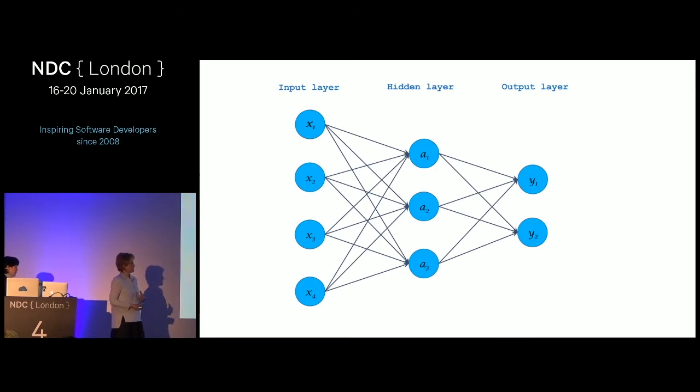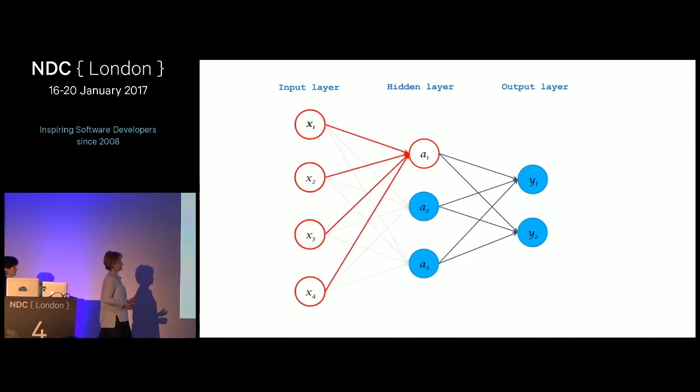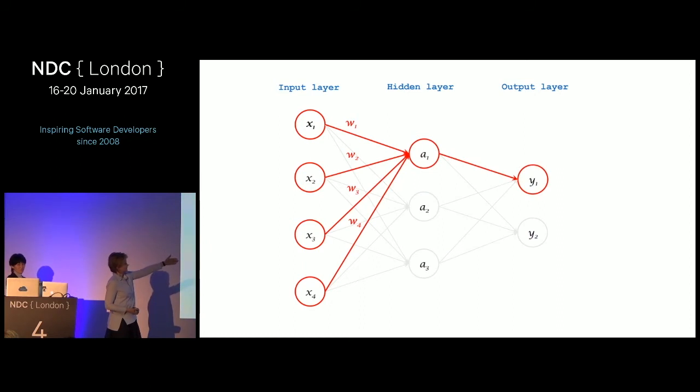So how is the calculation done within the neural network? If we look at a node of a neural network, that is a computational unit that is connected to the nodes of the previous layer with some signals along the edges, and they are assigned some weights. And so we do the calculation of the node A1 in this case, based on the previous layer nodes and the weights of these connections. And then the calculated value from that unit is propagated further on. And that's done with all the nodes in the neural network. That process is called forward propagation.